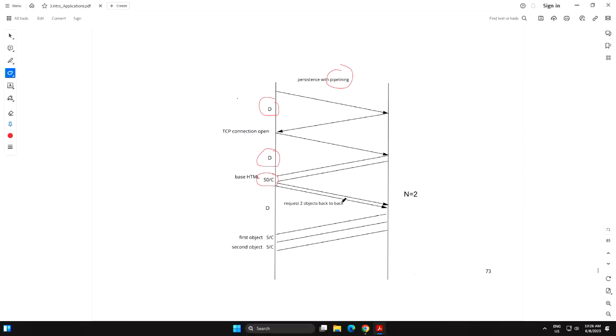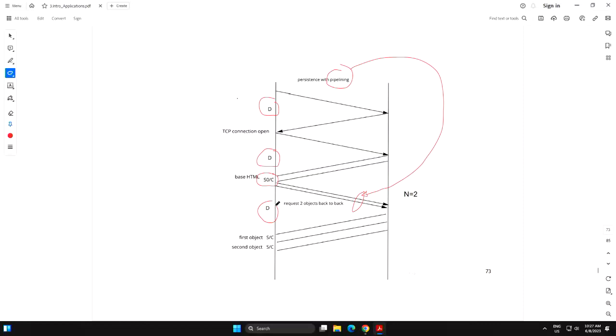Then the pipelining is here. The two objects are requested back to back in a pipeline without waiting for the first object to be downloaded. What's the difference it makes? As you can see, you have only a single round trip time for two objects.